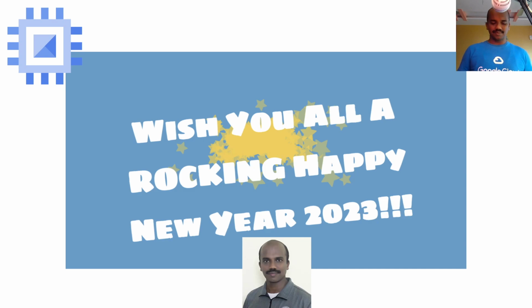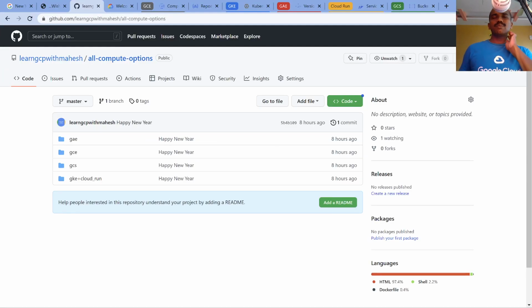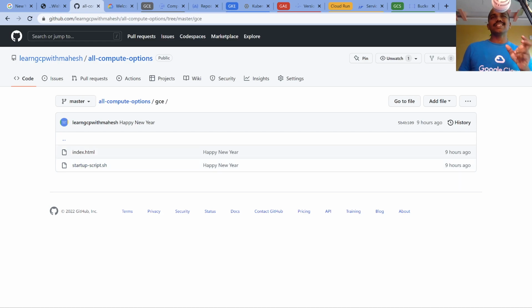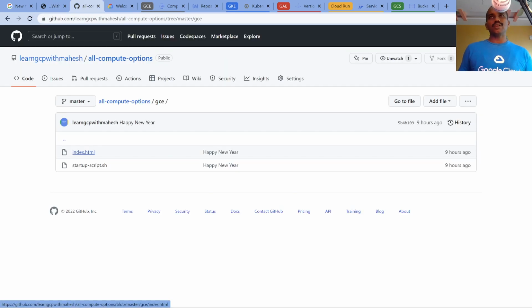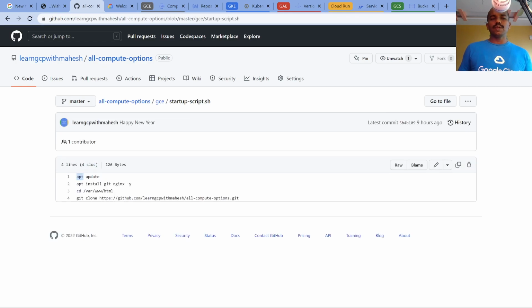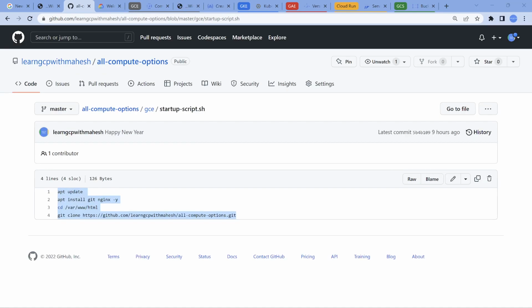Let's get started. For this demonstration purpose, I have created a public GitHub repo where I have a few folders inside it. The one I wanted to do first is Google Compute Engine, where the same HTML page which I showed here has been copied into this repository. And I have a small startup script, which is going to install Nginx and Git. Let me copy the startup script